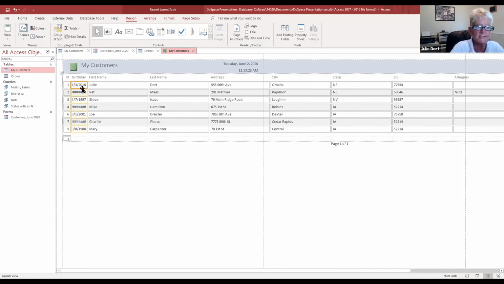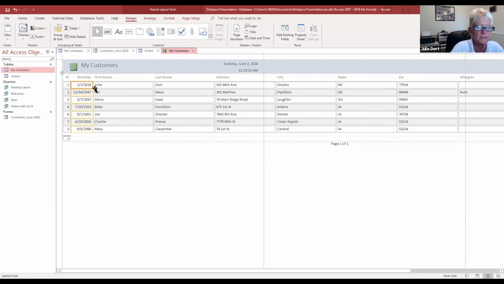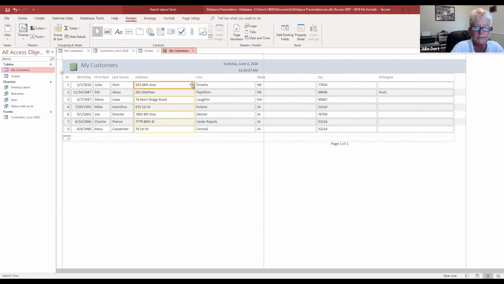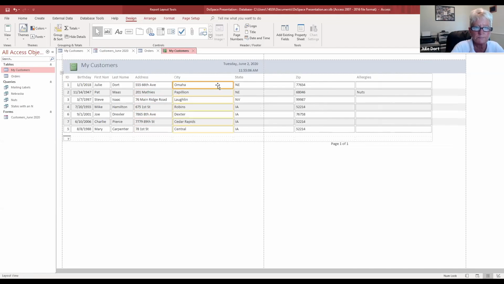Okay, now I've got some pound signs in there, and that's telling me that I didn't leave it enough room. So I'm going to pull it back out just a little bit. There we go. And I can come over here, pull this in, select the last names and pull that in, select the addresses. You can see that I'm down to 2 pages now. I think I can get all of this on 1 page. I'm going to go ahead and pull that in